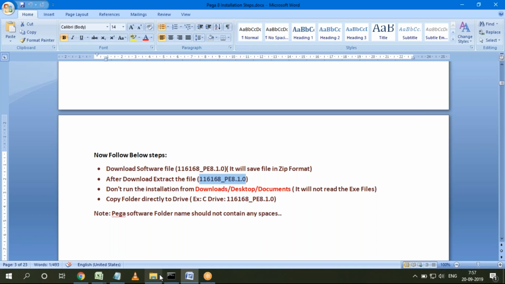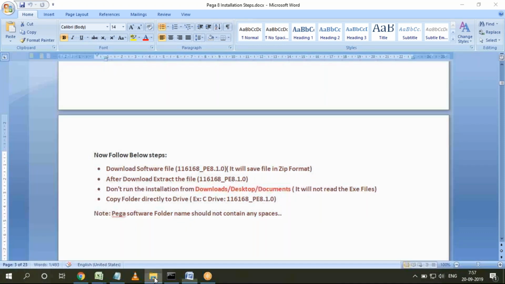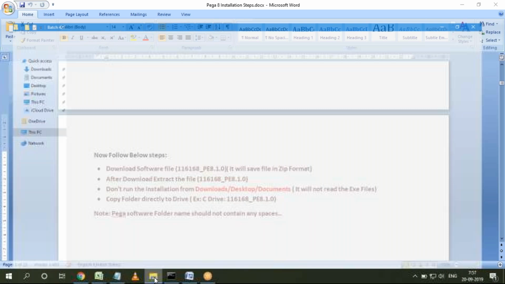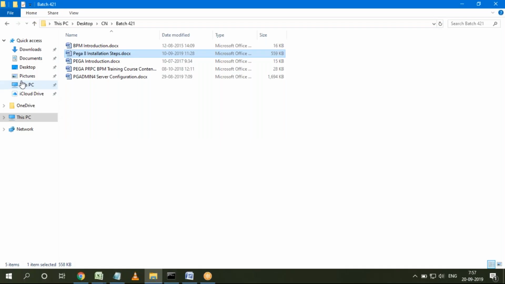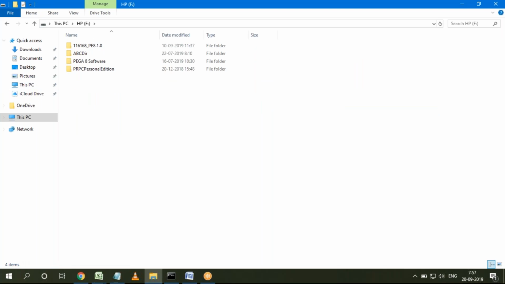Example, in my system, I copied this folder to some web directory, and from there I started the installation. So this is the folder, and whenever we copy the folder to a directory, the folder should be on top of the directory. That is, don't give any separate additional folders again. Again, if you create any additional folders, you'll be giving some spaces like this. So always remember the folder we extracted should be at the top of the directory we copy to. Top means nothing but inside the F drive only we have to copy. Again, don't give any additional folders inside the directory.